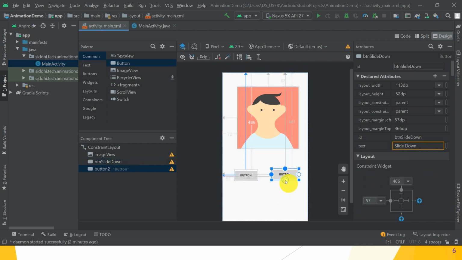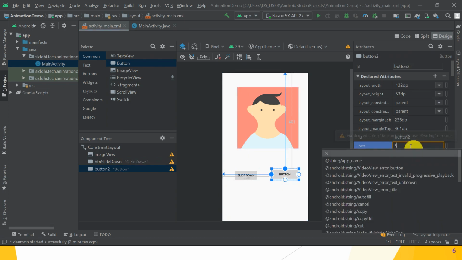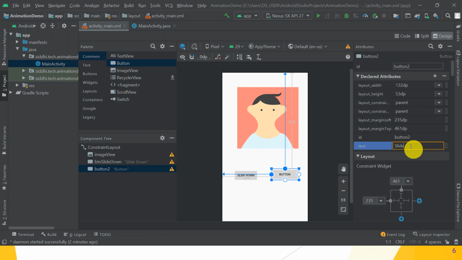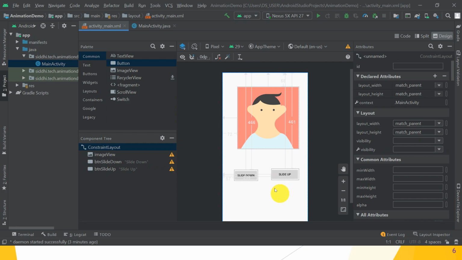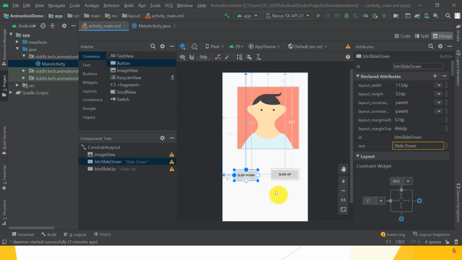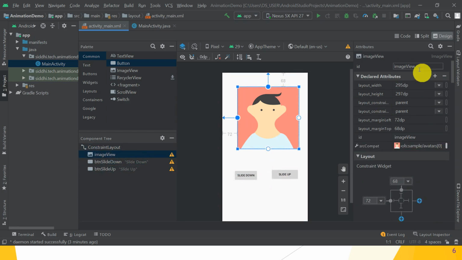Choose another button and give the text on that, that is slide up, and name it button slide up. Great. Okay, after that give the image view the name image view.